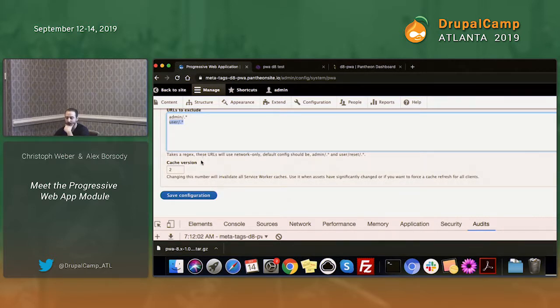Cache version, this is a cool strategy that Drupal came up with, which is Drupal only right now, actually. No other platform is doing this that I can see. Basically, by incrementing the cache, you can invalidate the cache on the user's local, if you make a lot of changes